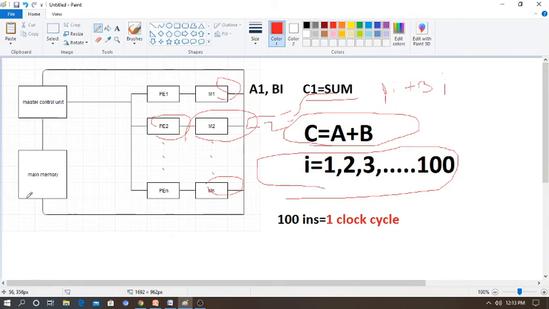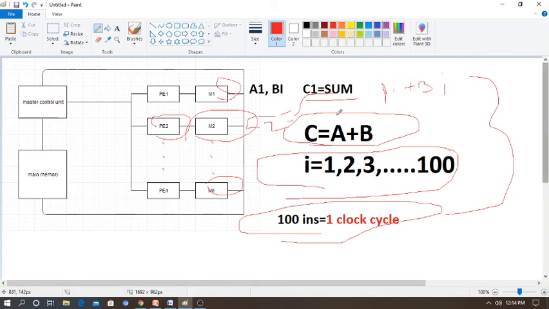So this is a simple way you can understand the concept of SIMD. Also remember, these 100 instructions will be executed in one clock cycle, by parallel processing. It does not take 50 or 100 clock cycles. Within one clock cycle, these instructions will be executed simultaneously. That is the point you have to get here. This is a simple operation; if you do complicated operations, you can do them with the help of computers.